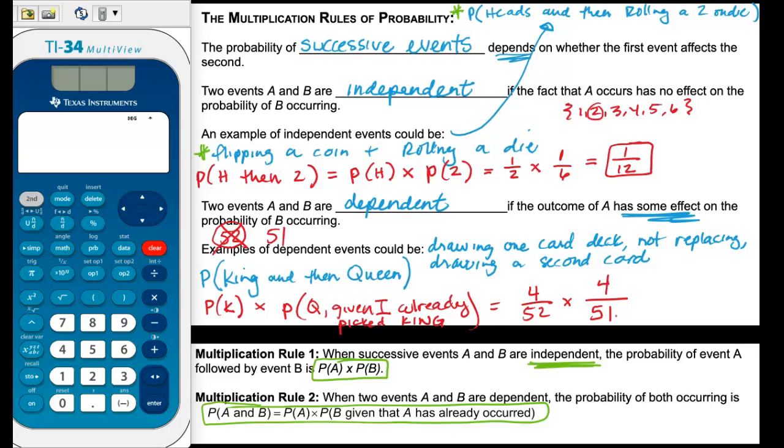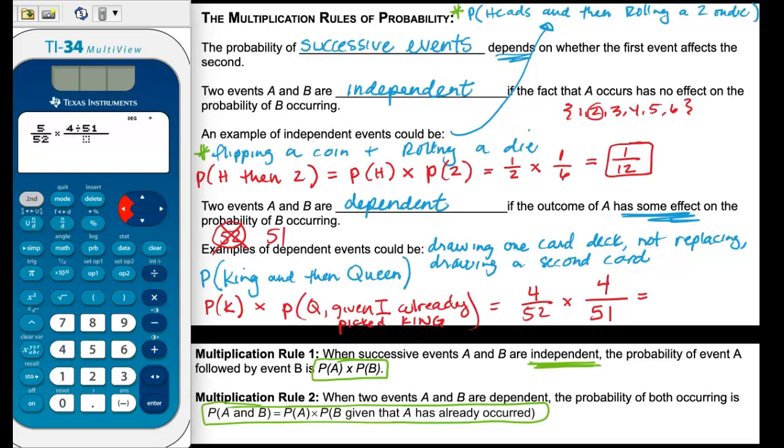So because I draw one card, I don't replace it, and then I draw a second, that's affecting the second fraction. And so this is how I would do that problem. So I would multiply those fractions together. I could take my calculator and do 4 out of 52 times 4 over 51, and